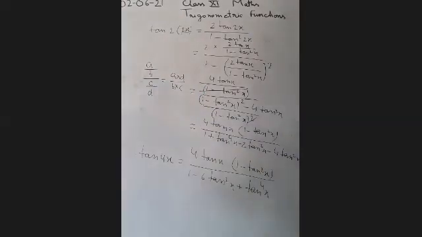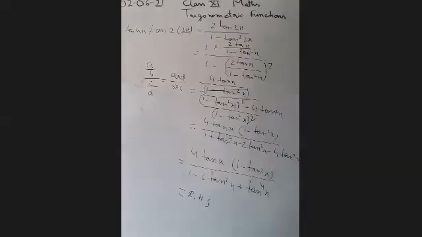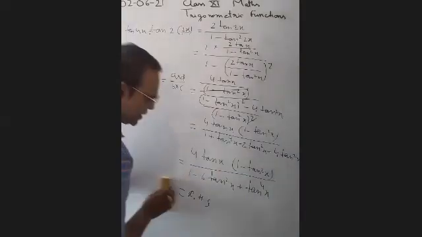Okay, how have we started? We have written tan 4x as tan 2 into 2x. Tan 4x equal to this one, and in this manner. Lengthy question. Okay, it is important also. Just try to solve it yourself. If you have any problem, you can raise your hand. You can ask me. Okay, we have 5 minutes left. Otherwise, I will do the next question. If you have any problem, any doubt, you can ask.